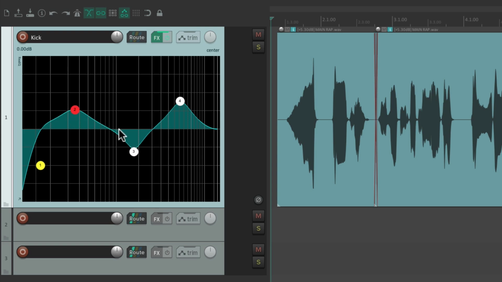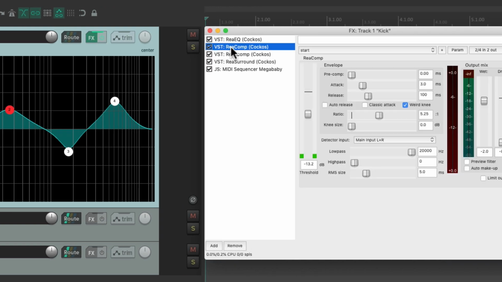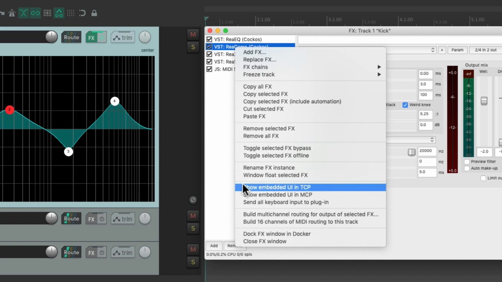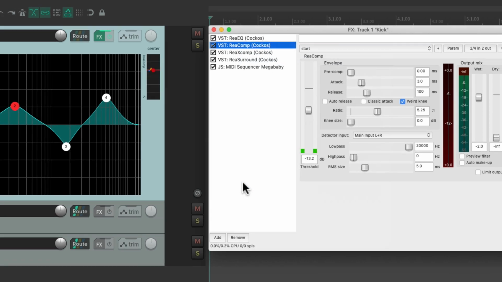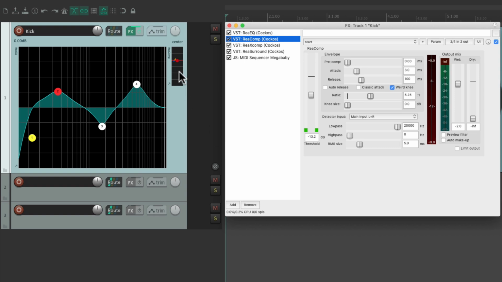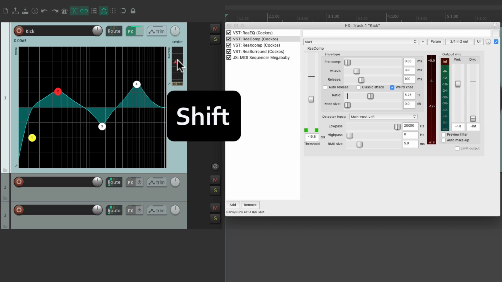We can do the same thing with ReaComp, the compressor. Just select that one and right-click and choose Show Embedded User Interface in Track Control Panel. And that puts the control right over here, and we could readjust our threshold, hold down Shift to adjust the output of the plugin,